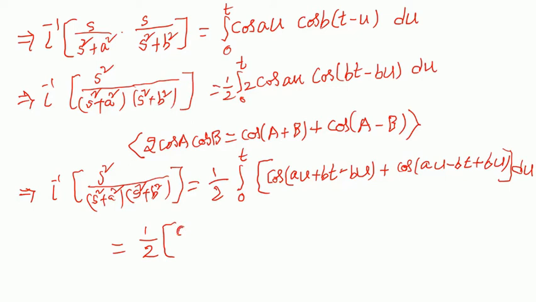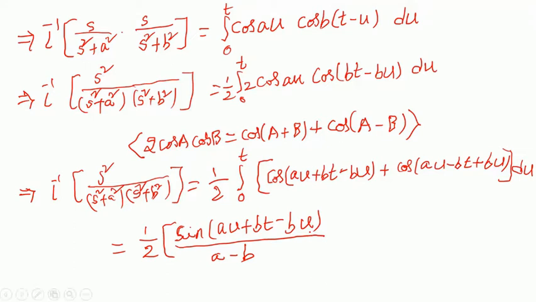Cos integration is sine of (au + bt - bu) by, what are the u coefficients here? The u coefficient is a, here the u coefficient is minus b, so you can get minus a minus b, right? Now plus,